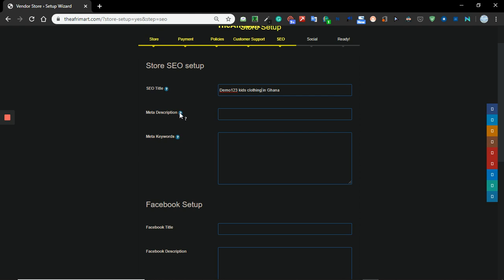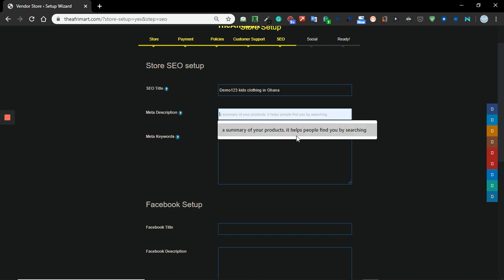The second one has to do with what we call the meta description. The meta description is when you search on Google or Bing or whatever, the short writing that appears beneath the link is what we call the meta description. Here it has to be short, but it has to be very good. So here I can write